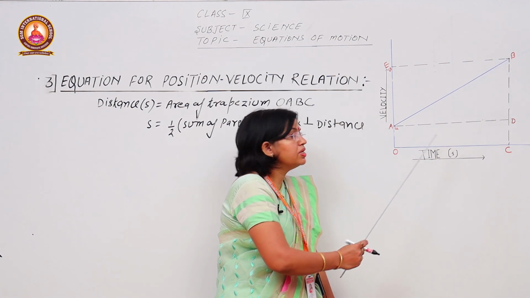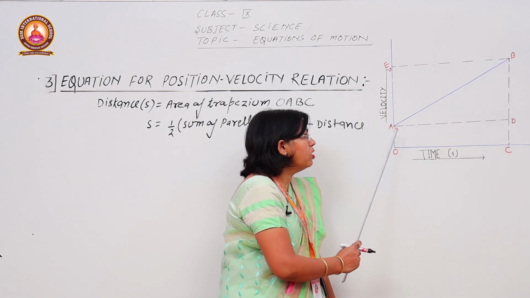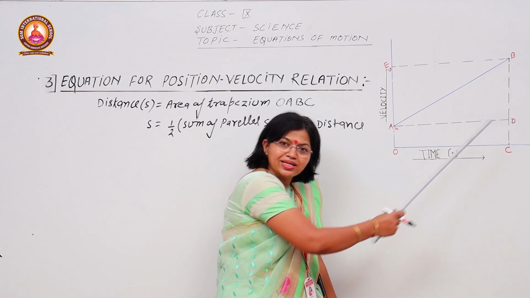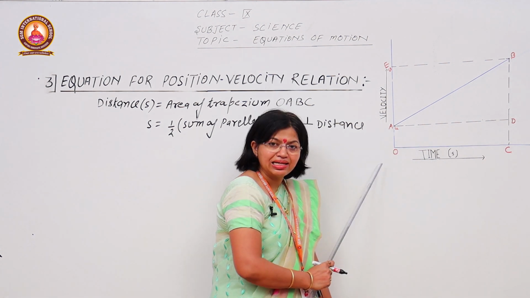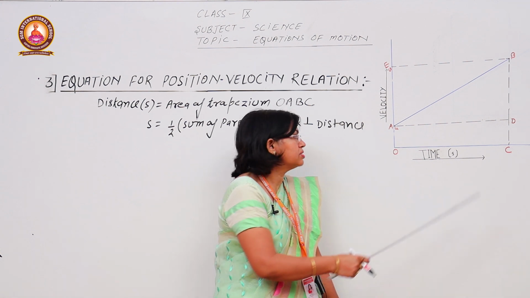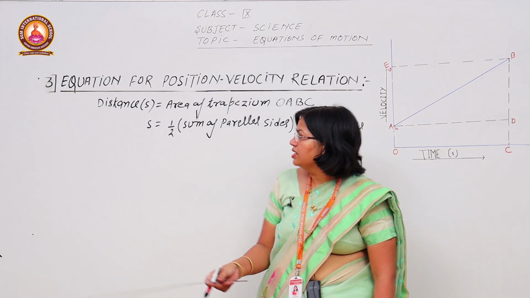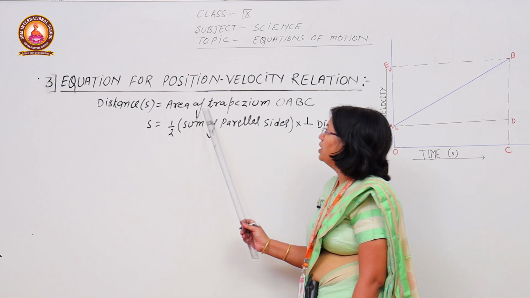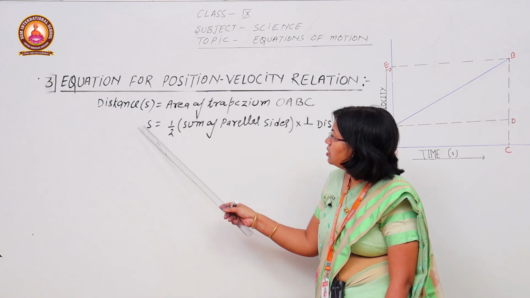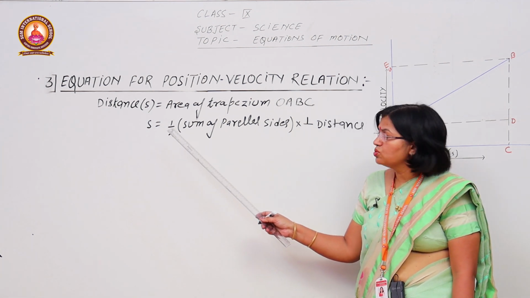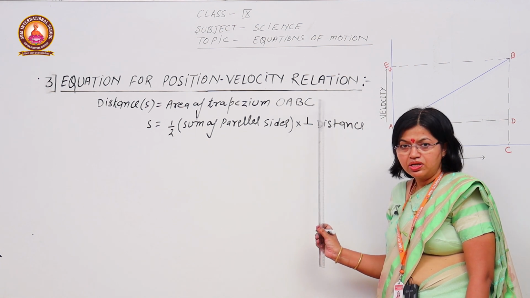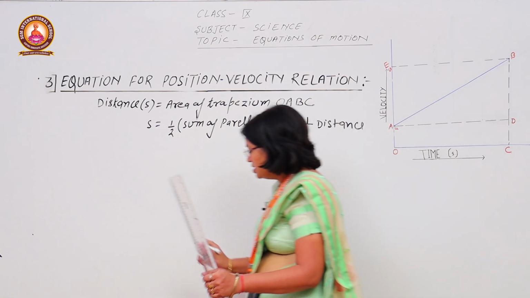Yes, area of the trapezium OABC is equal to half the sum of the parallel sides. Here which are the parallel sides? OA and BC, these are the parallel sides, OA plus BC, into the perpendicular distance OC. We can write distance S is equal to the area of trapezium OABC. Formula for the trapezium: S is equal to 1 by 2 sum of parallel sides into perpendicular distance. Then S is equal to